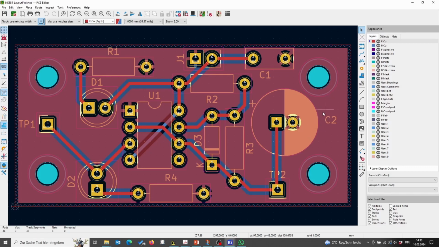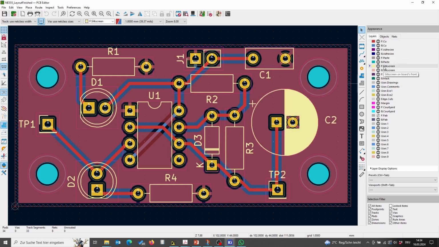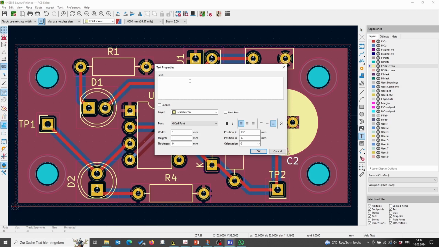So if you look here, maybe it's a good idea to put your information somewhere here, and we move C2 somewhere else, and then we can use this area to write some text. So we go to the front silk screen, so this is this. We can select C2, move it here, it's clear this even here. And then we can use our add text item, and then we put